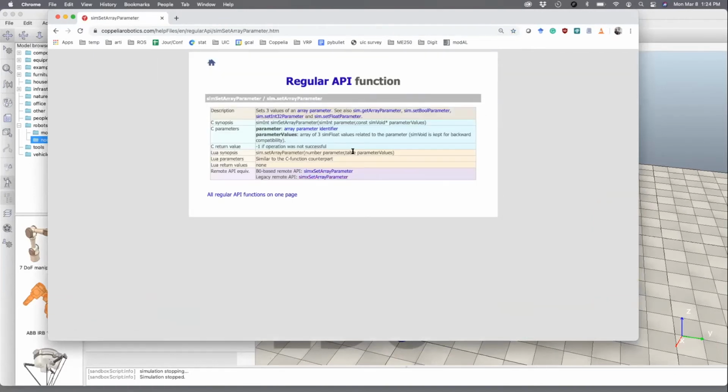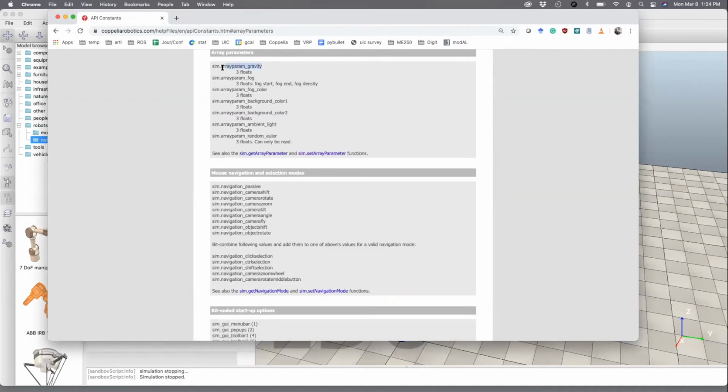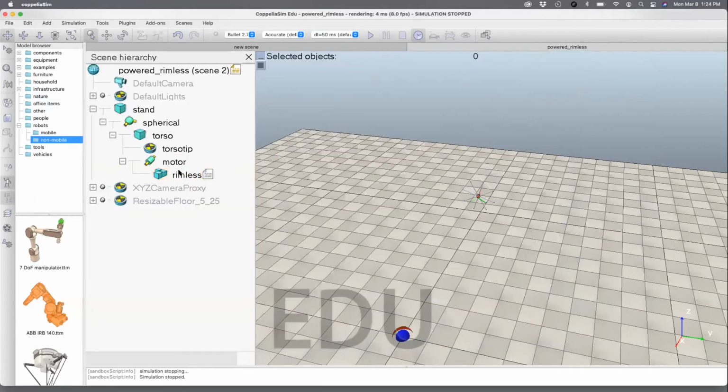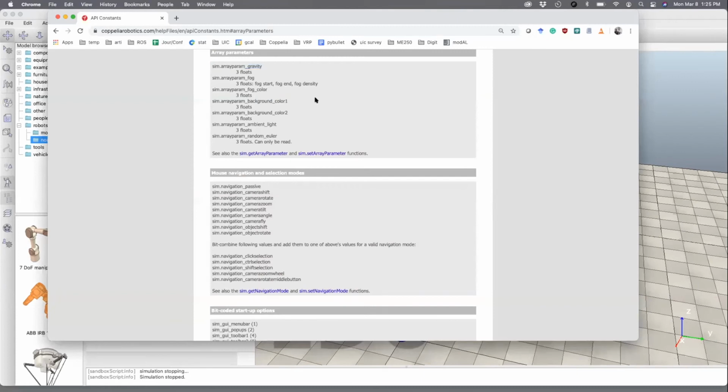We need to look at, well, this is the syntax. I'm copying that. If you go to parameter identifiers, you see that there is this, which is basically setting the gravity. So I need to set this particular variable in the format which I just copied. So let me do that first. So let me go here, paste that. Okay, it says number parameter table. So this is basically the number of the parameter. In this case, it's going to be that particular identifier I just showed you. So we just need to take this, copy,